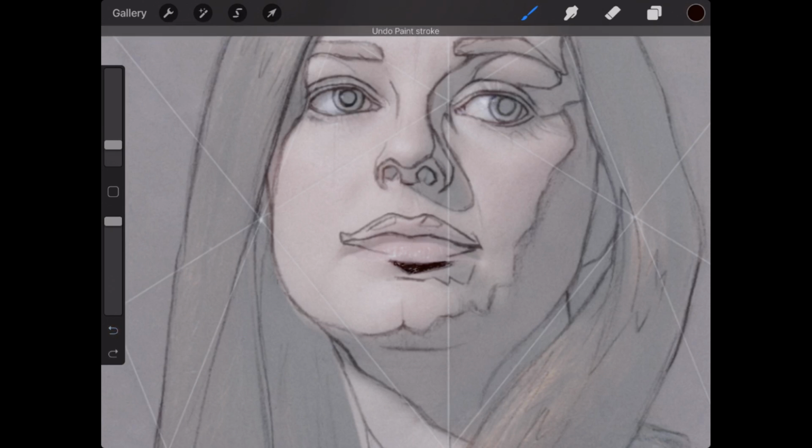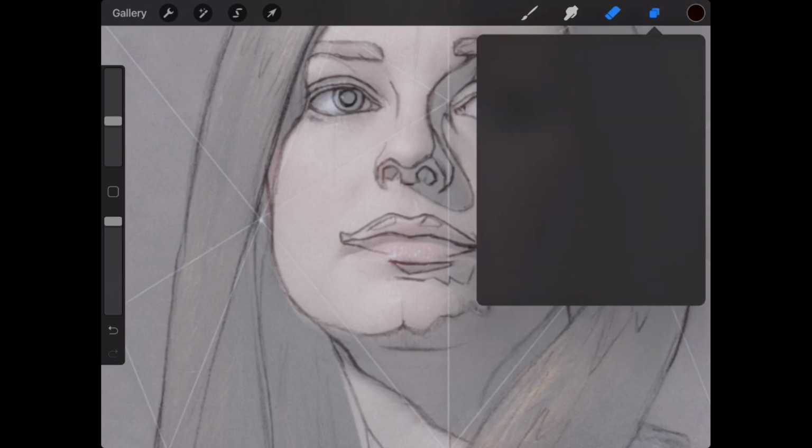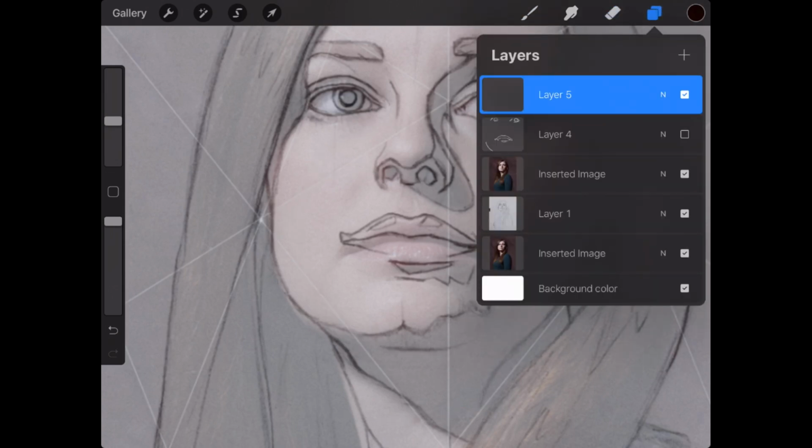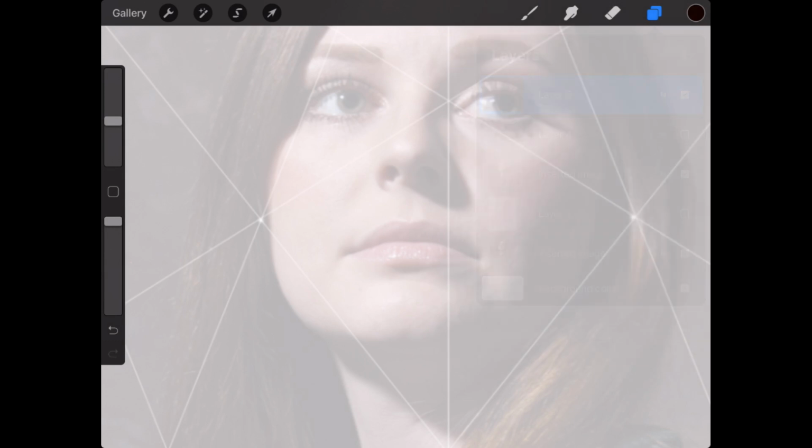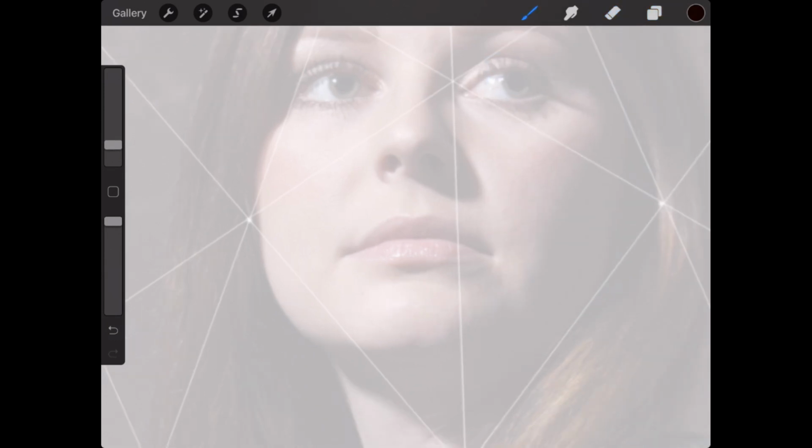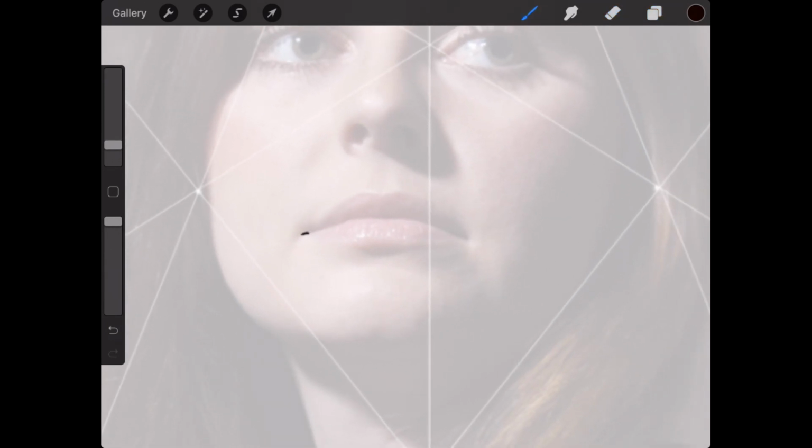Sometimes when I'm drawing lips, the first thing I'll do is mark out, I just want to illustrate a concept. I'll mark out where I see the corners of the mouth and where I see this corner. And when you're looking up at someone from a lower vantage point, that arc is going to curve like this.